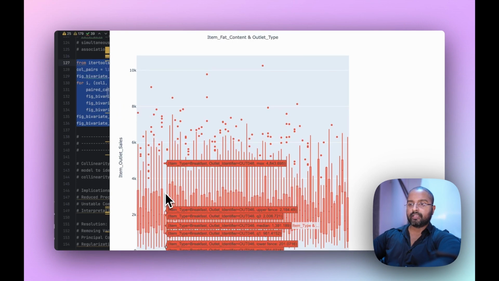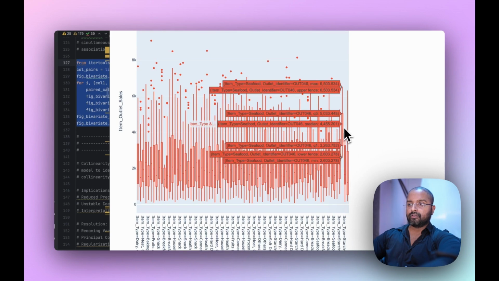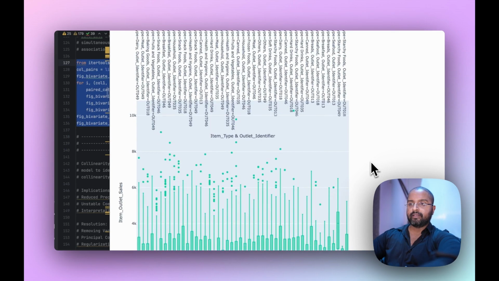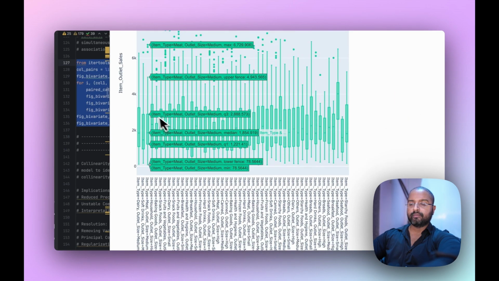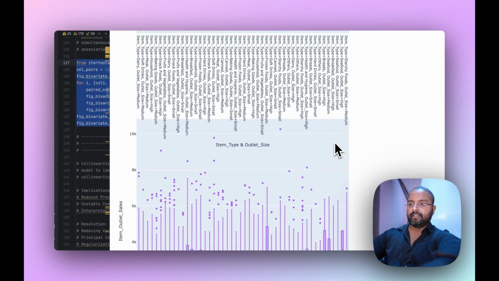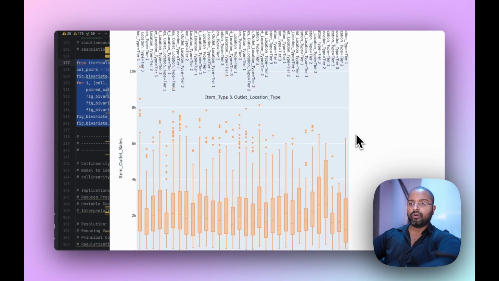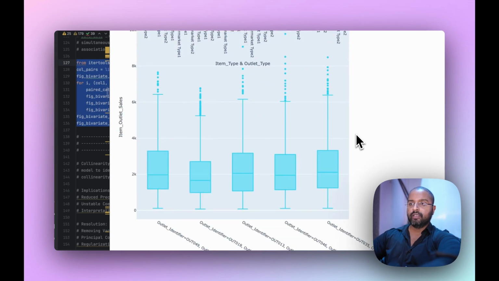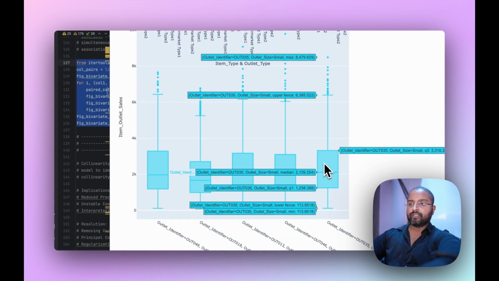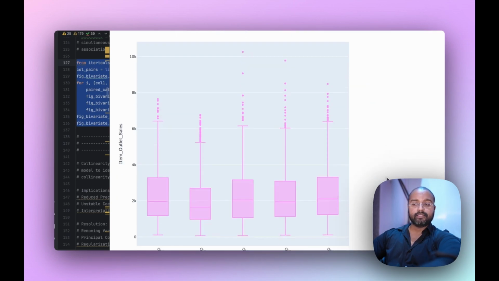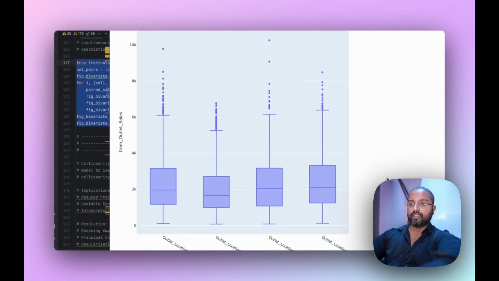Now here we start to look at the item type against the outlet. Looks like this outlet is interesting over here. Seafood and outlet 6046 is interesting. But again, I'm not going to spend too much time on all this, because you would probably spend a lot of time just trying to analyze how all these are interacting against each other. Let me just scroll through quickly. So this is outlet identifier and the size of outlets and so on. So you can see there's a lot of data that you can go through in this